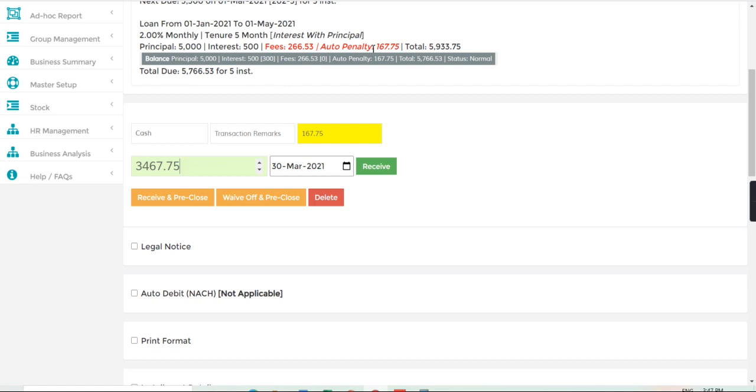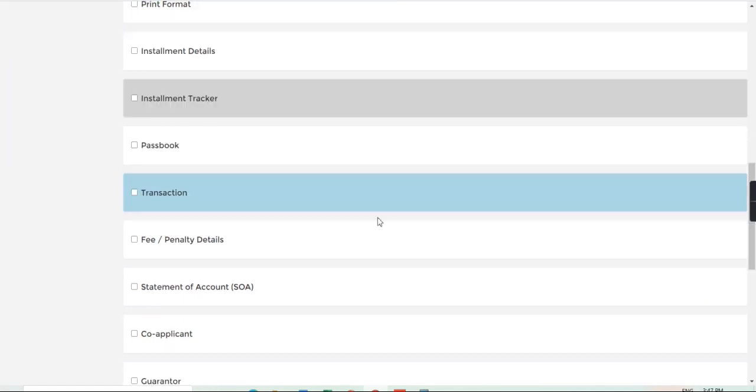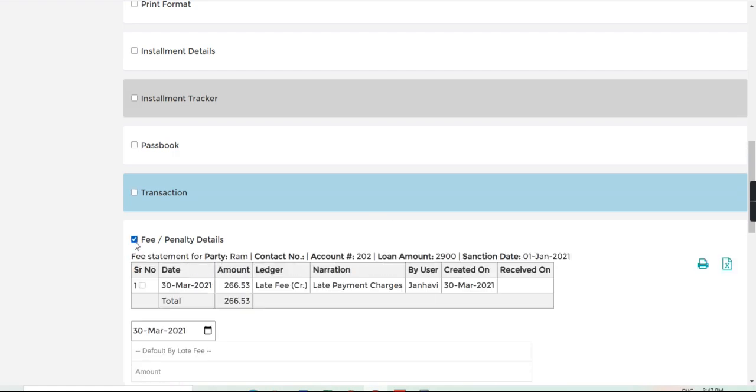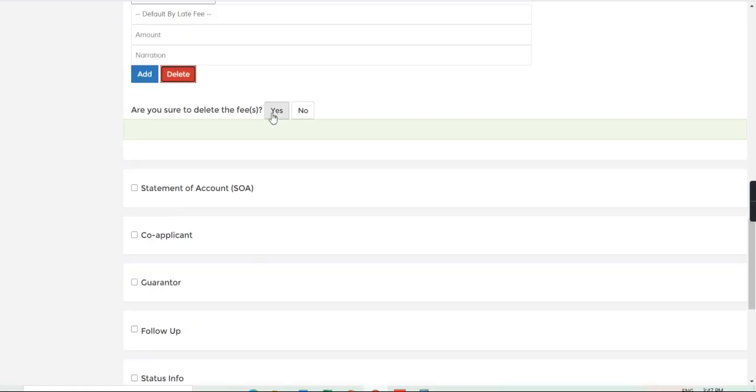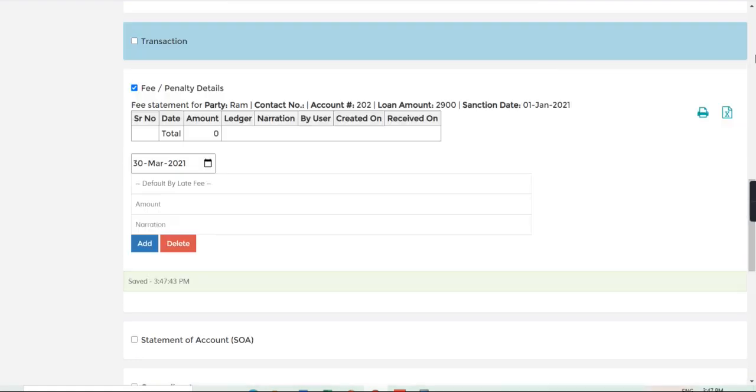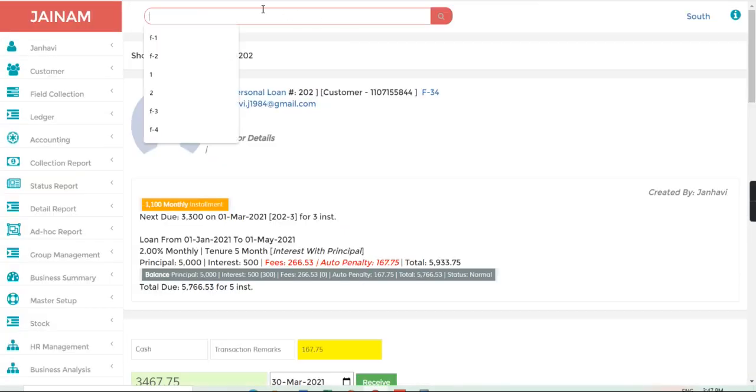Here you can see the 167 penalty got calculated. If I go to the fees and penalty column, first I will delete this penalty. And now refresh this account 202.